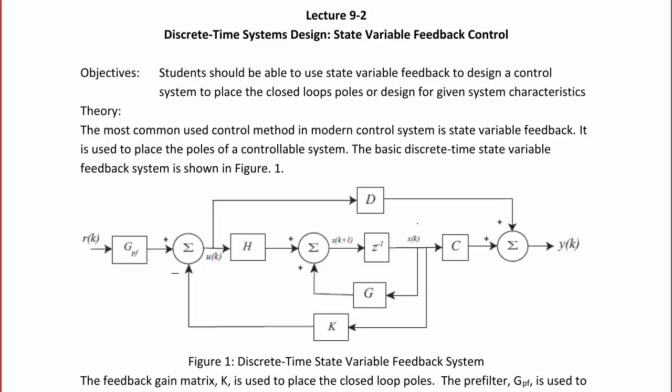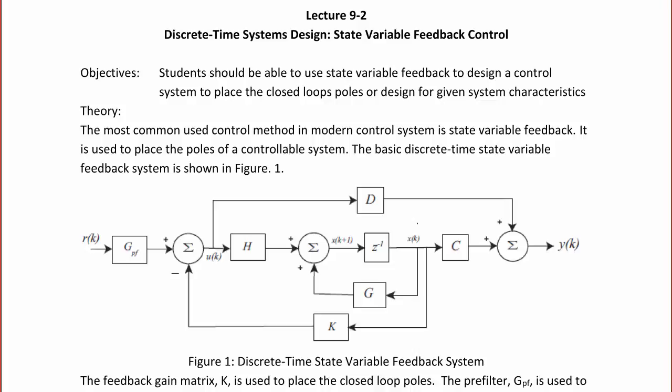We actually examined this in continuous time earlier in this course. It is used to place the poles of a controllable system. The basic discrete-time state variable feedback system is shown in Figure 1, where the input is R(k) and it goes to a pre-filter, which is sometimes used to reduce the steady state error. And then you have the difference that comes out, which is U(k), which feeds H, and then that goes to the summer, which creates the state variables X(k+1), and you delay to